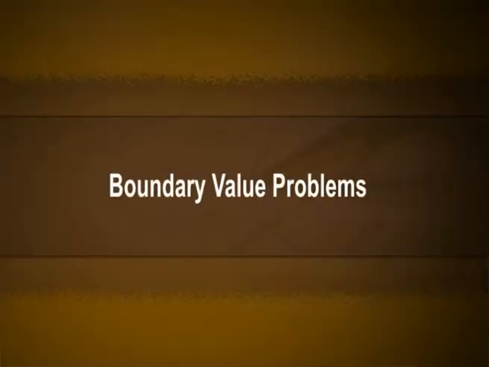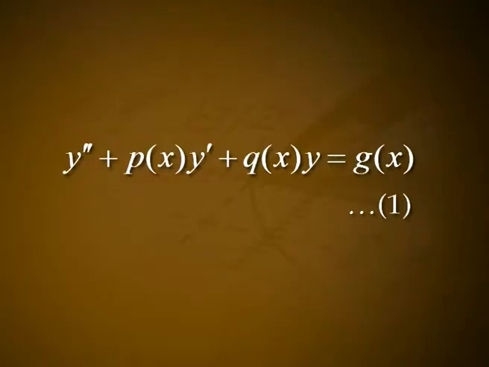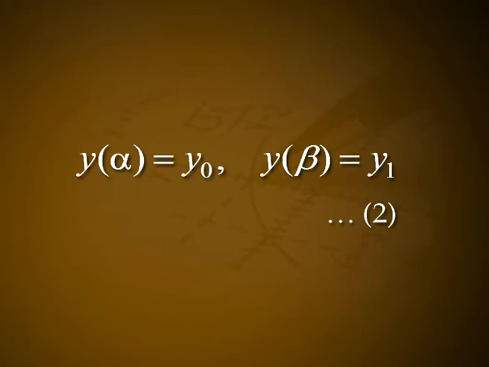Boundary value problems. Since the general solution to a second order differential equation y'' + p(x) y' + q(x) y = g(x), let it be 1, contains two arbitrary constants, we need two conditions for obtaining a particular solution. Sometimes the two conditions are of the type y(alpha) = y0, y(beta) = y1,